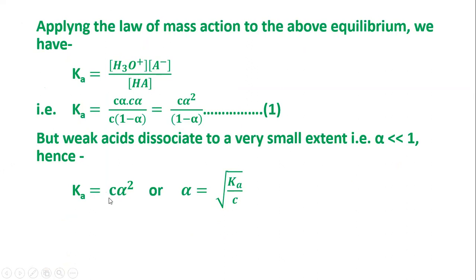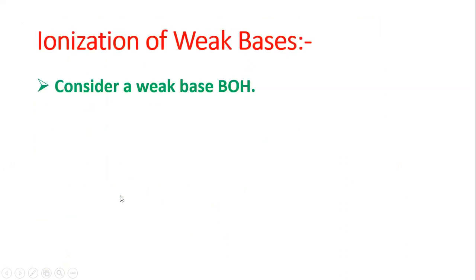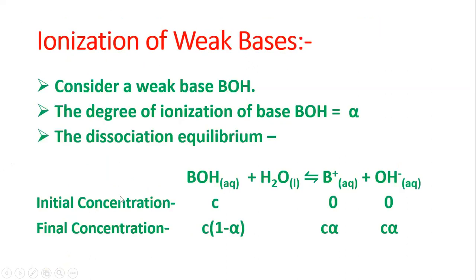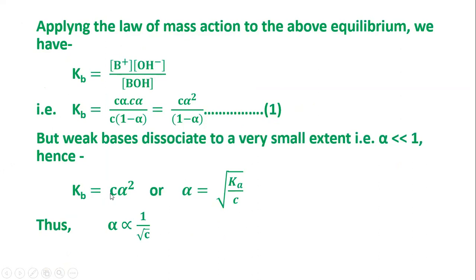This is the initial concentration of the weak acid inside the solution, and this is the degree of dissociation of the weak acid. The same equation we have obtained for the weak base also. So Kb is equal to C alpha square, and hence rearranging and taking the square root,